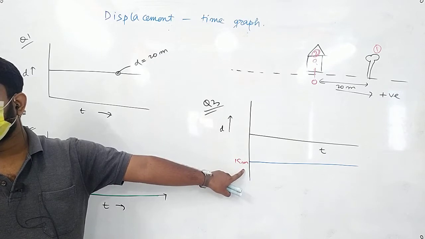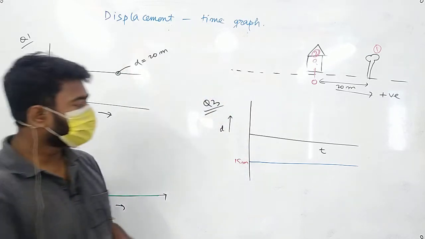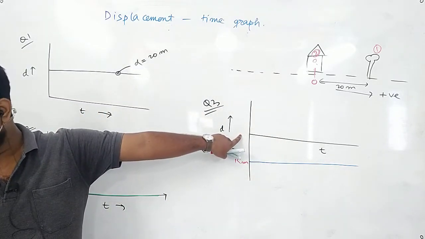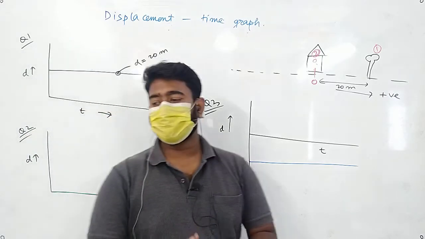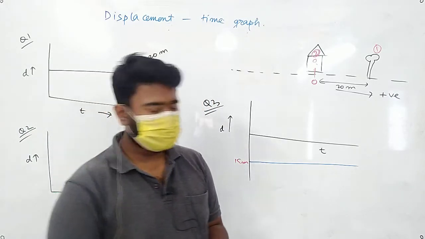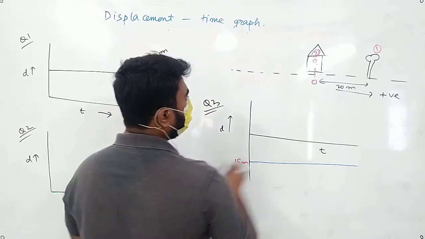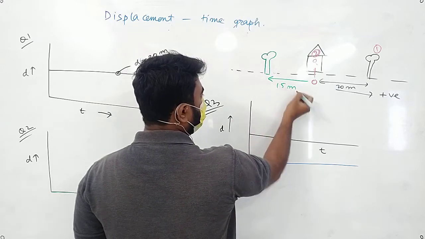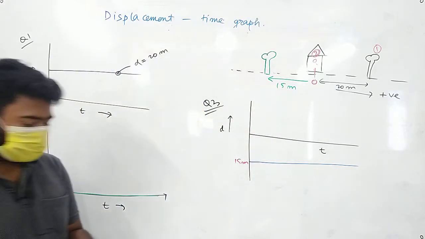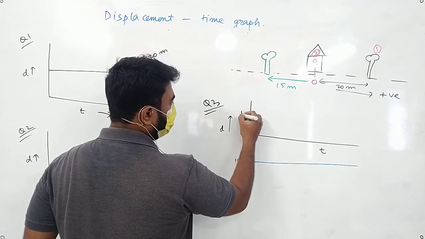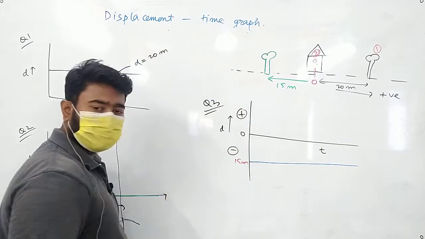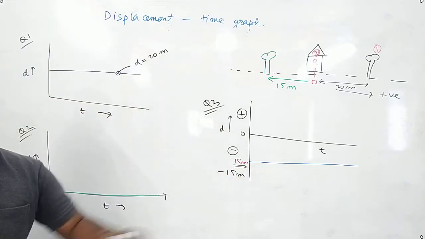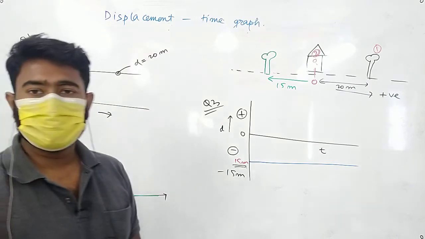Yes, that means this line is below the time axis. The line is below the time axis. Shreyanshu, very good. All of you clap for Shreyanshu. He's very good. Okay, that means he is seeing the object towards his back at 15 meter. Is that clear? Now if this is the origin, the top part is positive, the bottom part is negative, that means the distance he is seeing is actually minus 15 meter. Is the idea clear? Is the concept clear? Okay.